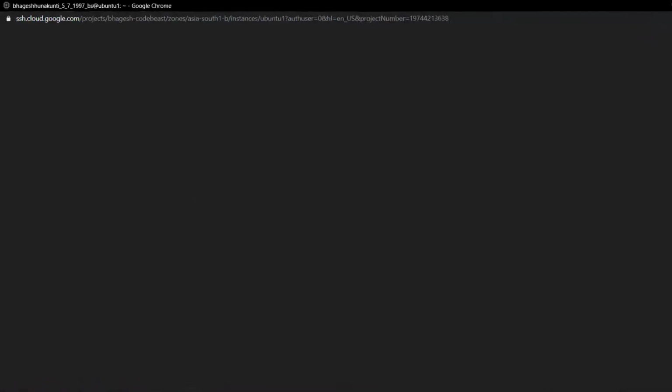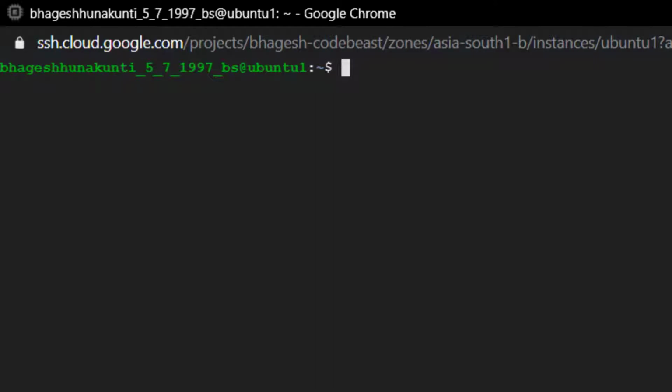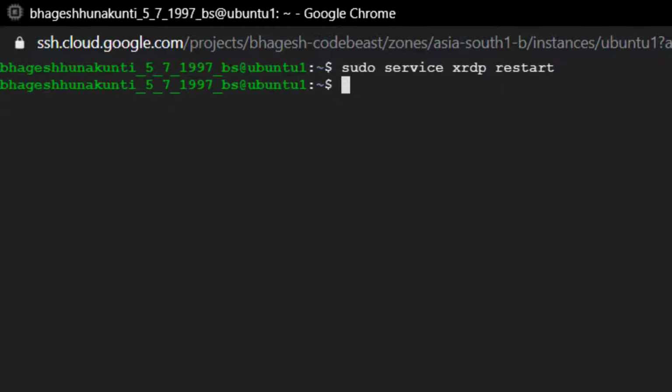And the last command is sudo service xrdp restart, and that's it. If it doesn't give you any error, that means XRDP service has been successfully installed and restarted.